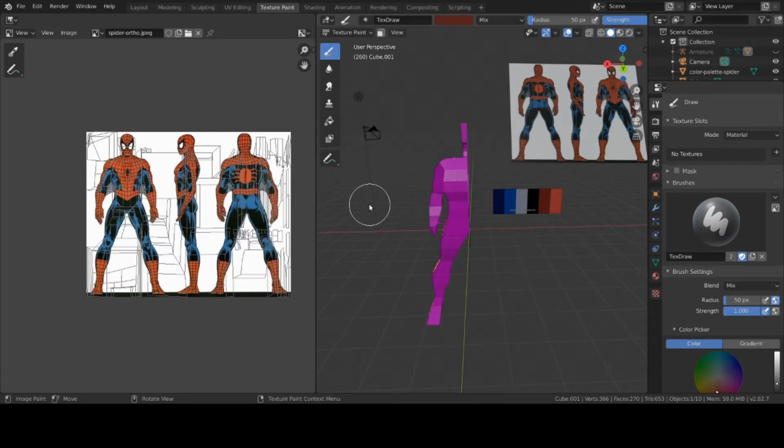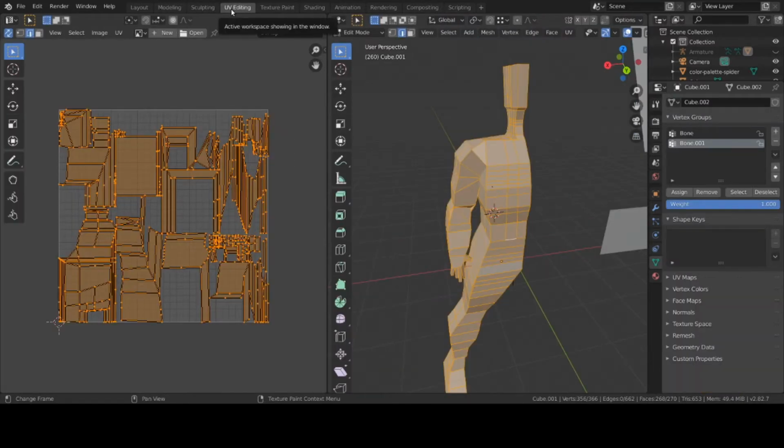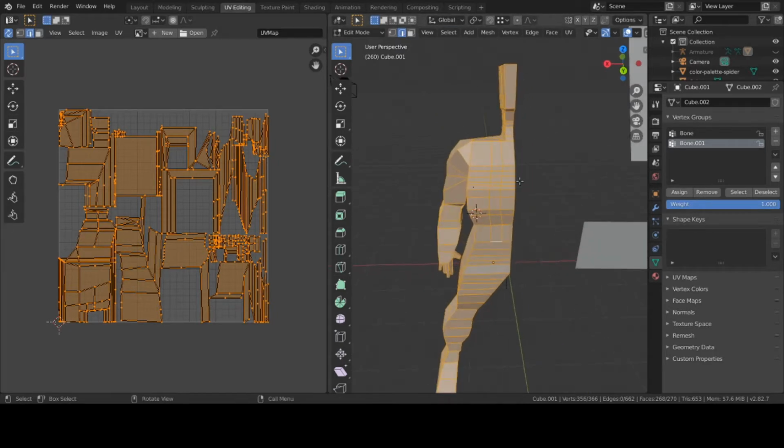So, before you use the texture paint, it's best to go into UV editing. Now, if you don't know how to do UV editing, I made a video about UV editing, and there's a ton of them out there on YouTube about basic UV editing. I'm in a UV editor, right up there where my pointer is pointing to. There you go. So, I get my figure, I hit the U key,